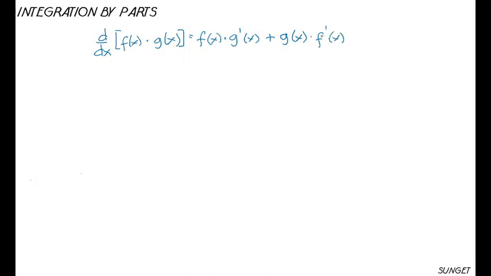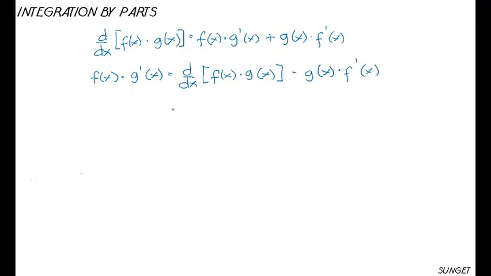So rearranging this, we have f of x times g prime of x equal to derivative of f of x times g of x minus g of x times f prime of x. So integrating on each side,